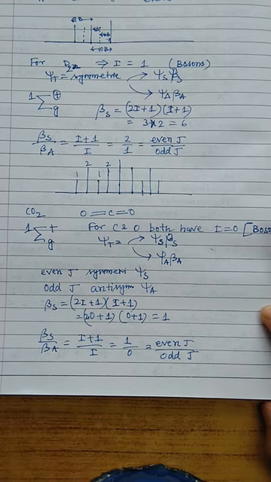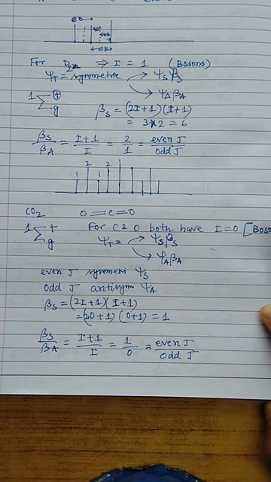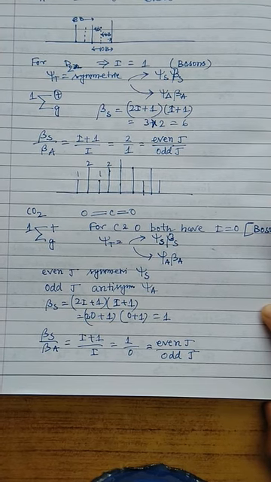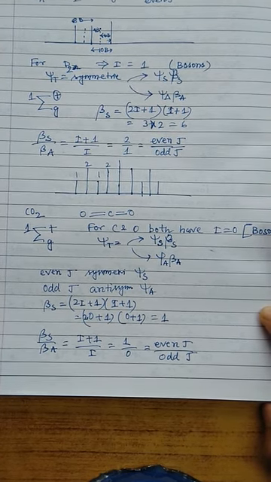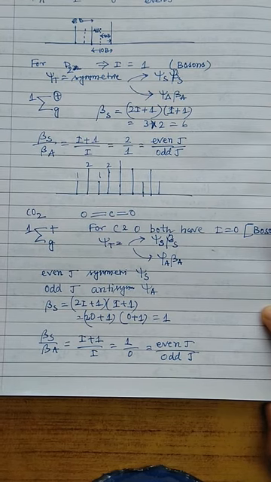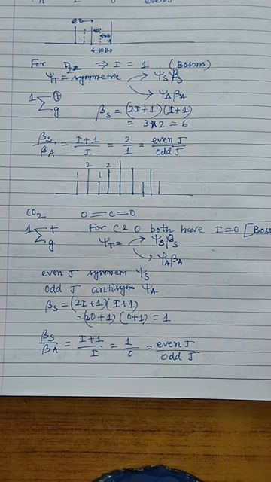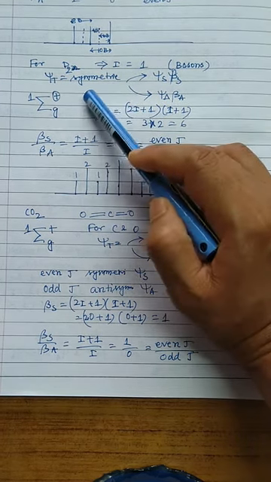So for D2 we know that the mass number is even and the atomic number is odd, so its nuclear spin number appears as 1. And we know that as the nuclear spin number is an integral multiple, it is also a boson particle, and for a boson particle your psi total should be symmetric.